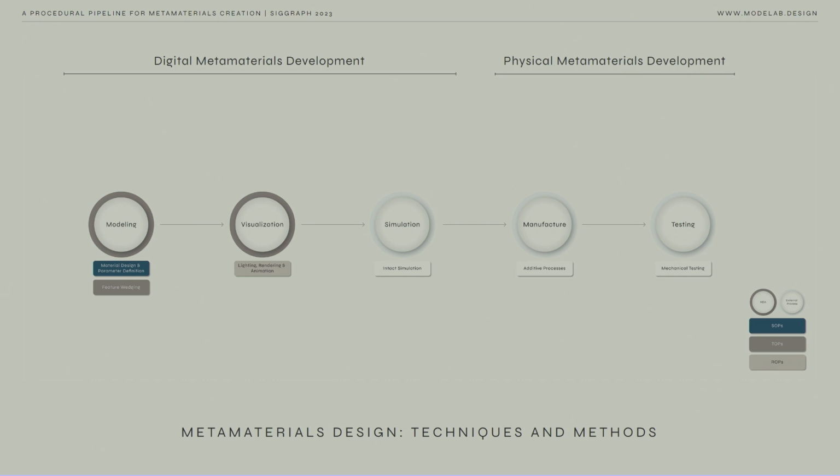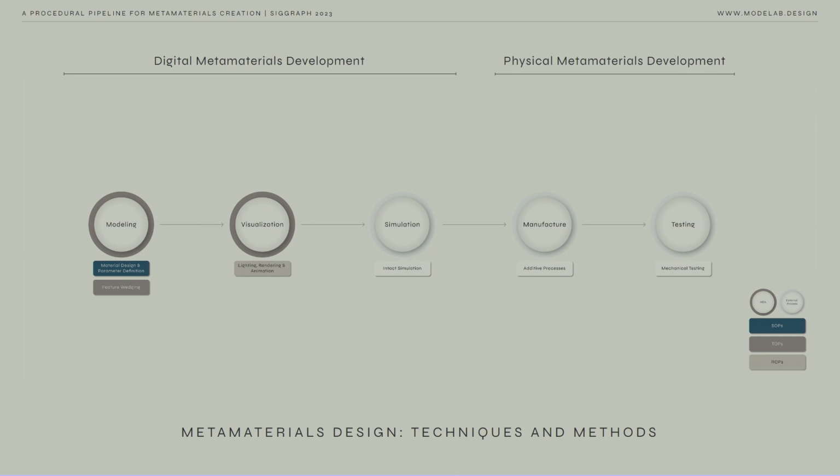And so our pipeline addresses two primary requirements. On one side, the digital, and the other side, the physical metamaterials development. So in support of this, we have 5 key activities that need to be orchestrated. So first, we need a modeling environment that allows us to create, iterate, and generate material organizations. Then we need visualization that allows us to build the communication tools needed to collaborate across teams and evaluate material